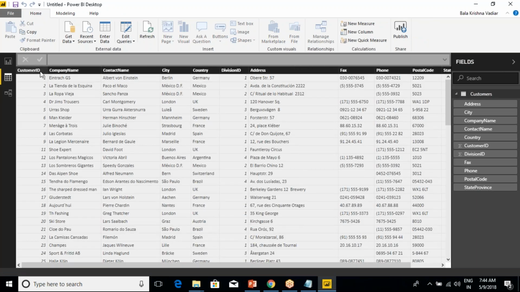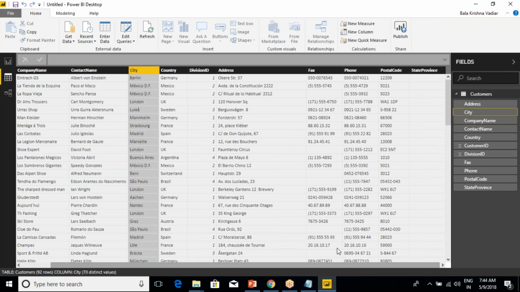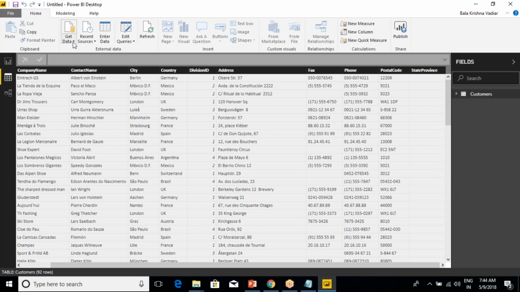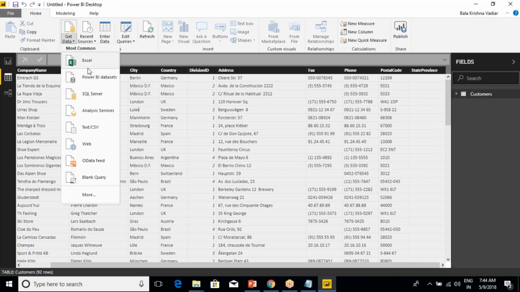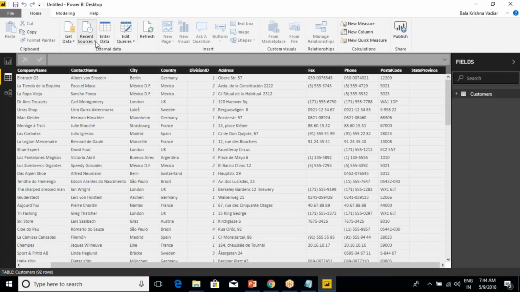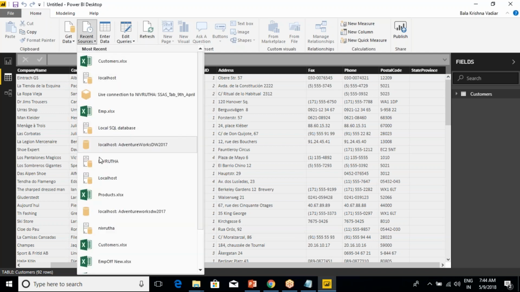Now if you go to the Data view on the left side, we should be able to see the same table data: Customer ID, company name, contact name, city, and so on, including the state province. Now go to Get Data once again, open the Excel file, and take the customers once again. This time there is one more option here, Recent Sources. It doesn't matter what I recently connected, all the sources will be listed here, and you need to click on this one, Customers, showing as the first one because I just opened it, right? When I click on this one,